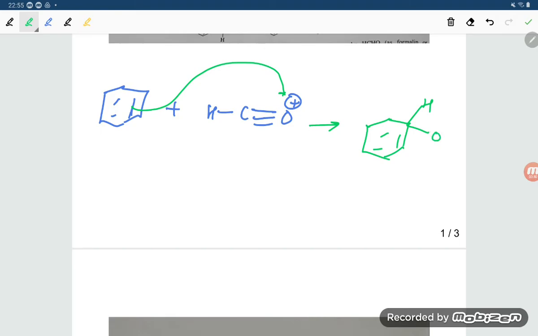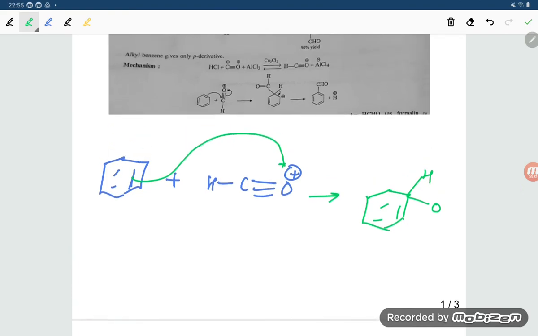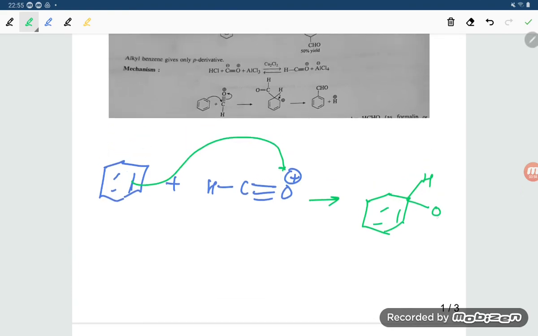Actually the attack will not be by the oxygen, the attack will be on the carbon, student. Whatever we are doing here is not exactly correct. The attack will be on the carbon. So if it is attacking on the carbon, friends, the positive charge is shifting here. So let us do the arrangement. C is attacking here, the triple bond is there, the positive charge goes here, and hydrogen is there on one place.